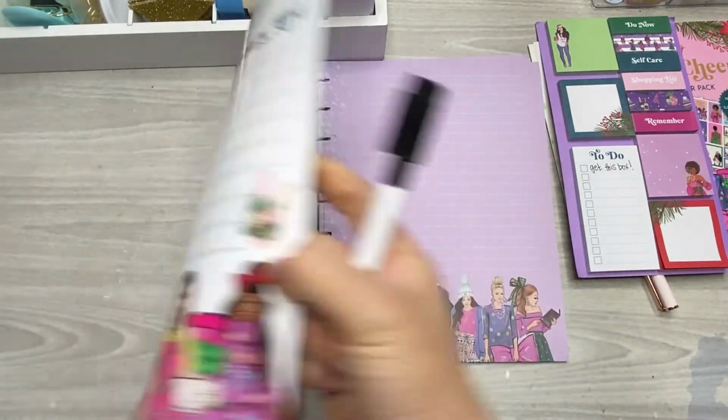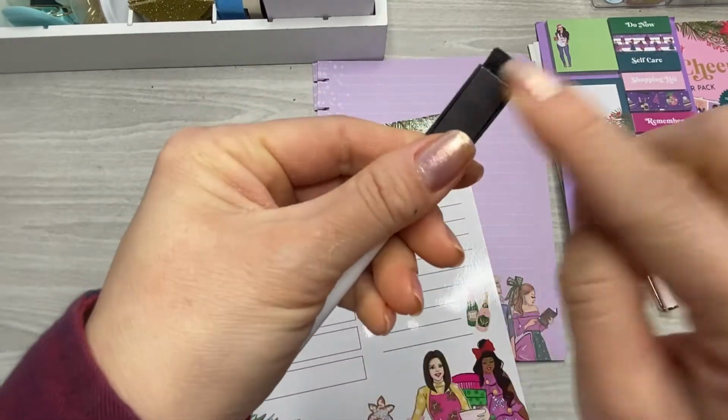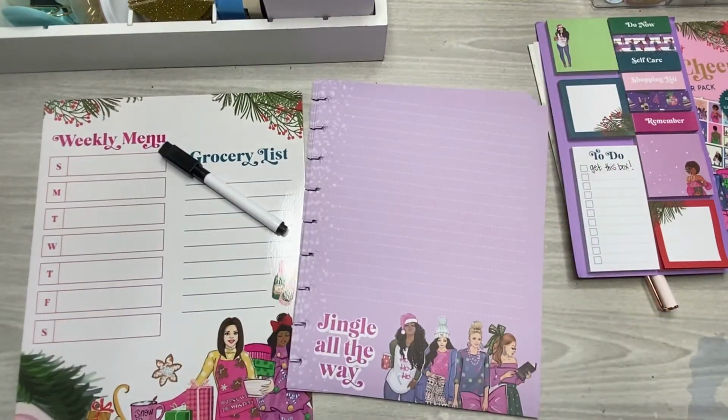So this is a whole huge magnet. It's going to stick right to your fridge. It came with this dry erase pen with the eraser. There's a little tiny magnet on it so it can stay on your menu. And then